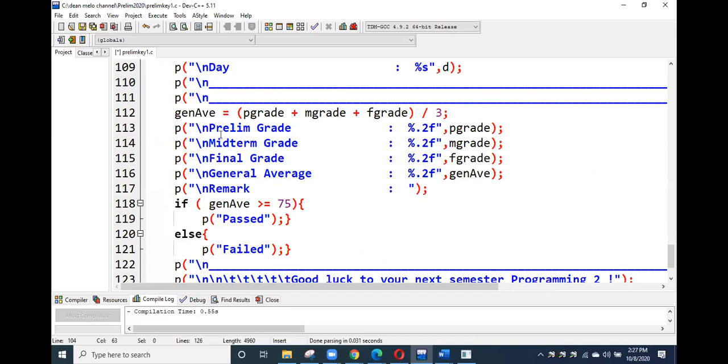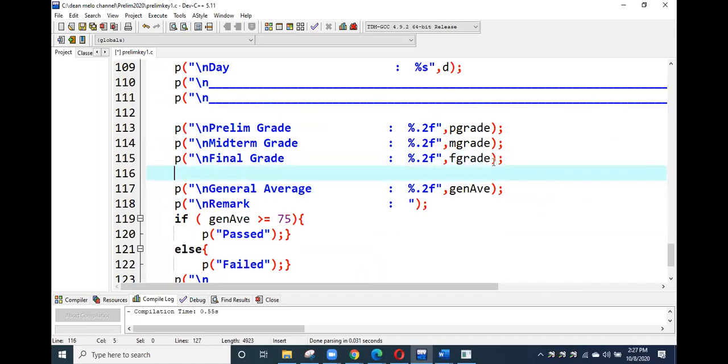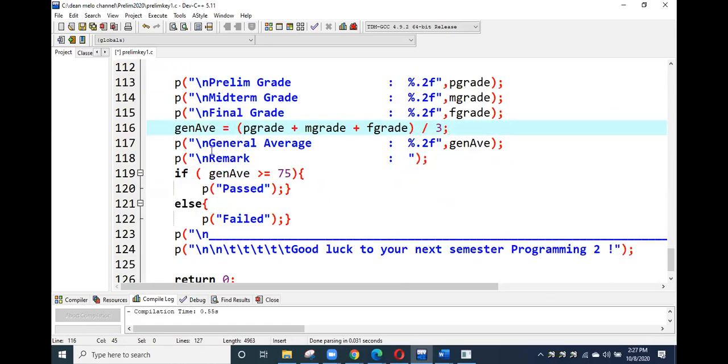variables. Okay, you're just simply displaying the variables. Then getting the final grades, the general average is equal to prelim grade plus midterm grade plus final grade divided by 3. Again, displaying the values a while ago. We are just simply displaying again the prelim grade, midterm and final grades, then the general average. Actually, you can put the general average here. Displays. Okay? Then the general average, if the general average is greater than or equal to 75, actually we are